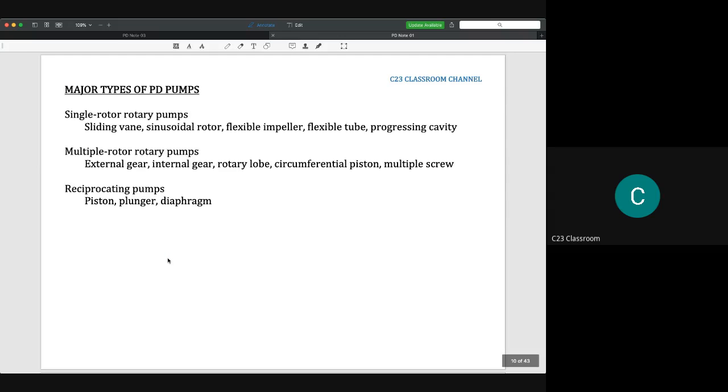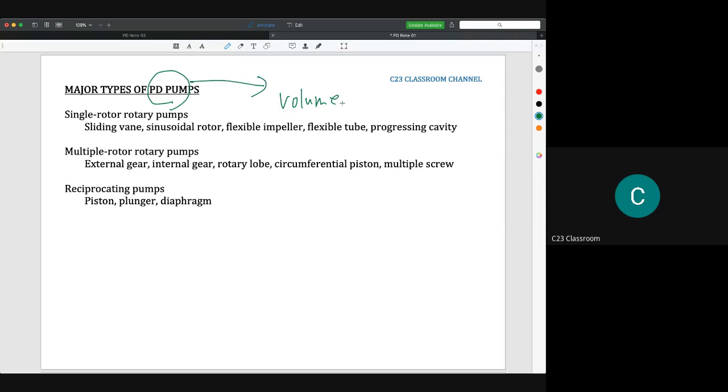Okay, there are a lot of positive displacement pumps, but the most important thing that you need to understand about positive displacement pump is that it transfers liquid in terms of volume. So it might rotate, it might move in linear motion, but the idea is it transfers the